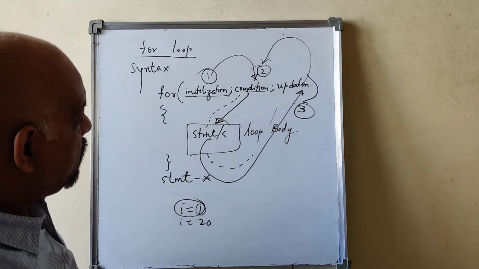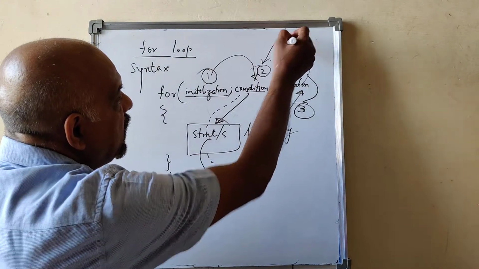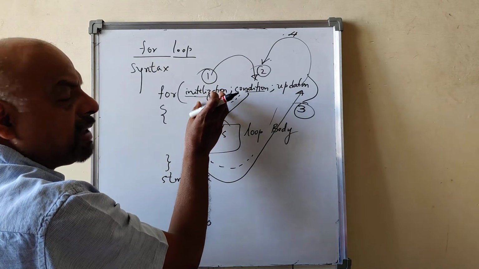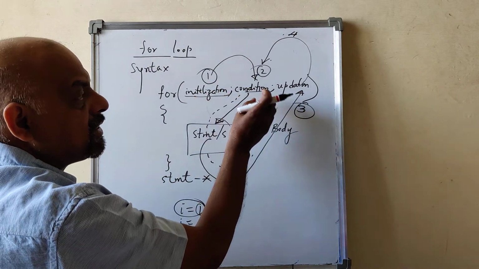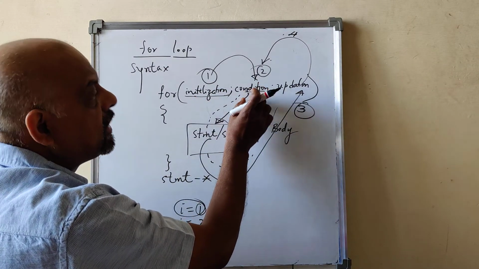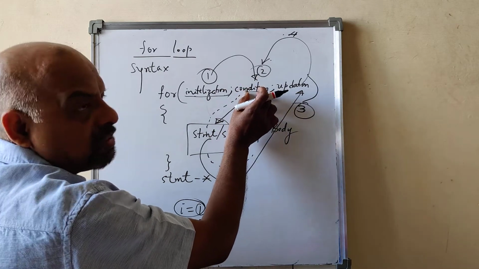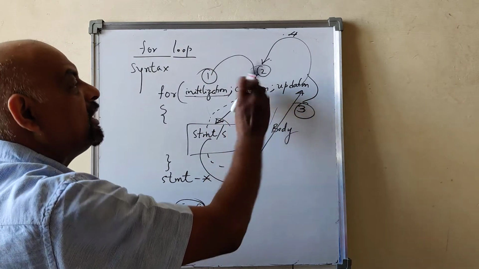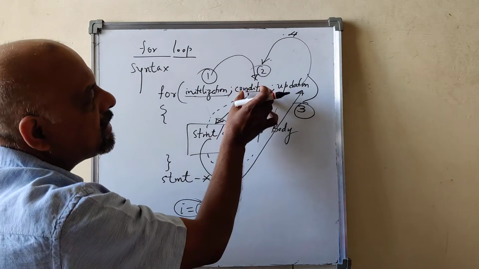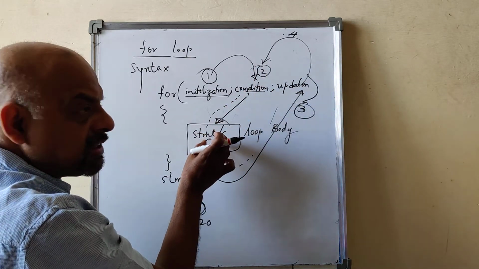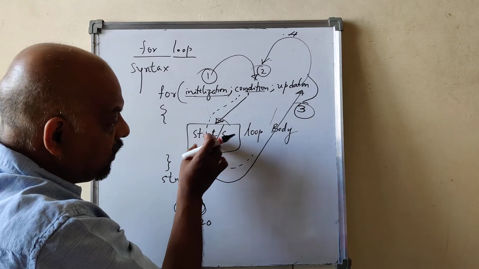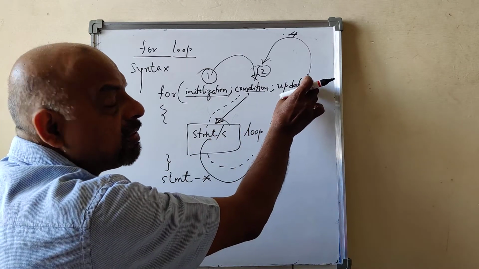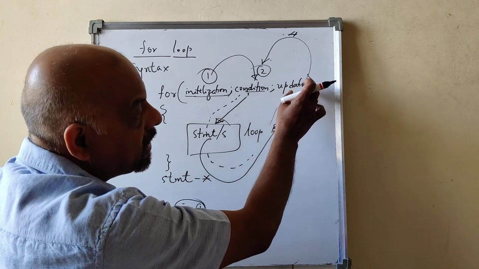You are inside the loop body as long as this condition is true. So here, this is the fourth one. The loop control variable will be initialized to the starting value. Then the condition will be checked. As long as this condition is true, when you compare the loop control variable, either less than or greater than, whatever it is, you are executing the statements within the loop body.